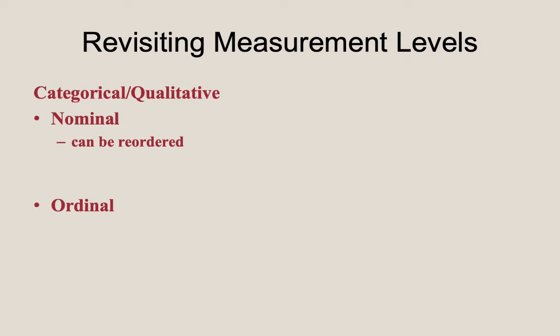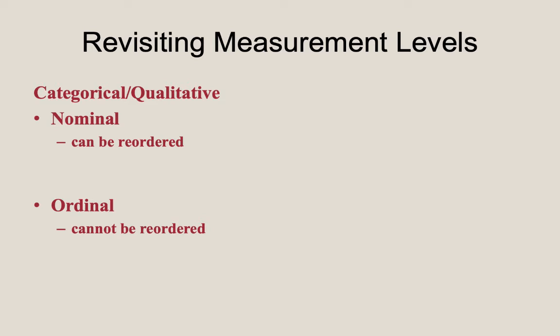Ordinal data also represents a categorical variable. That is to say, the data is placed into one category or another, but in this case, the categories have an inherent order in their structure or interpretation. We say that there is an objective ordering from lowest to highest, or vice versa. For example, letter grades that you might earn in a college course are examples of ordinal data. It is conveniently agreed that a C is less than a B, and a B is less than an A.